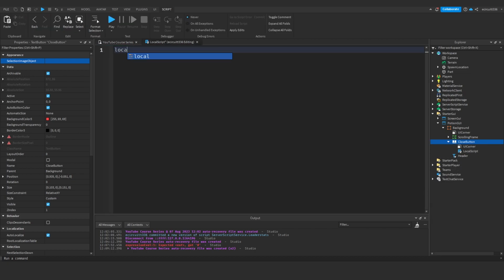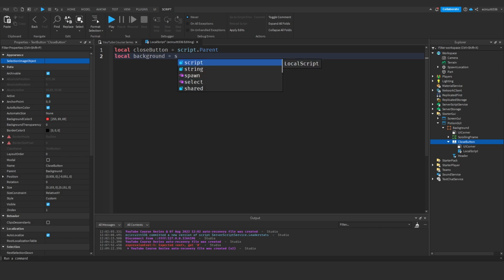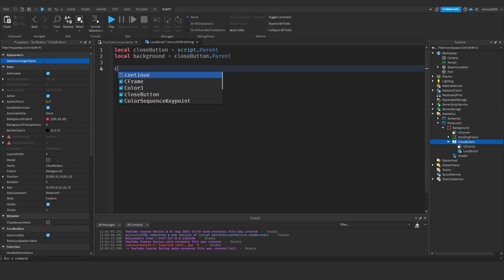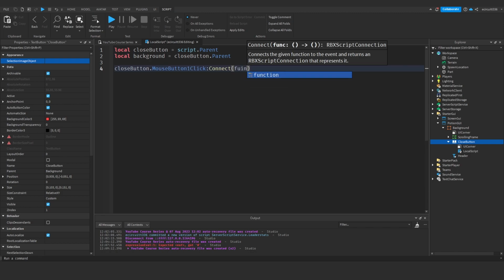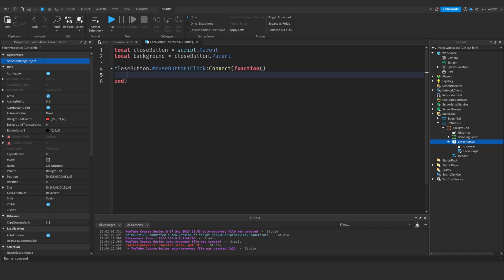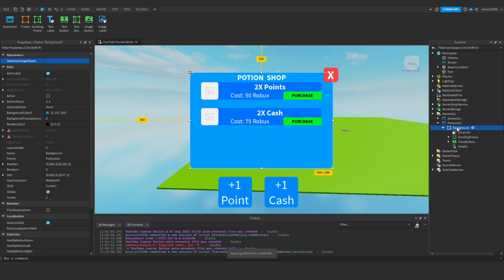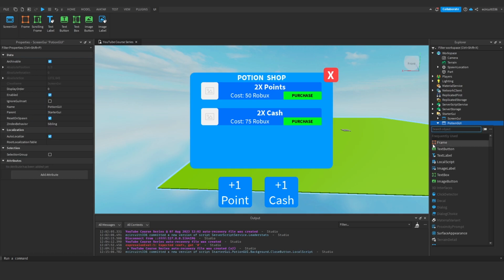And in this local script, we need to say local closeButton equals script.Parent, and then local background equals closeButton.Parent. Next, we say closeButton.MouseButton1Click:Connect(function, and then in here we'll say background.Visible equals false. Now let's make a button to make it visible, so we'll add in a text button